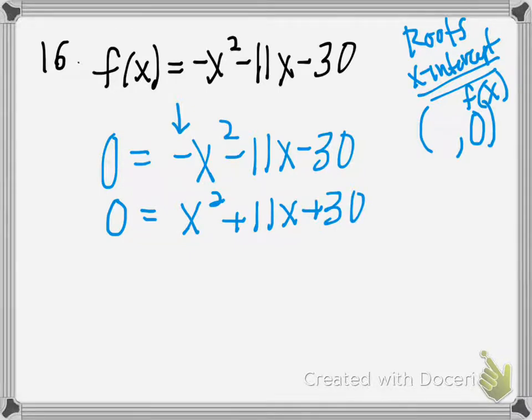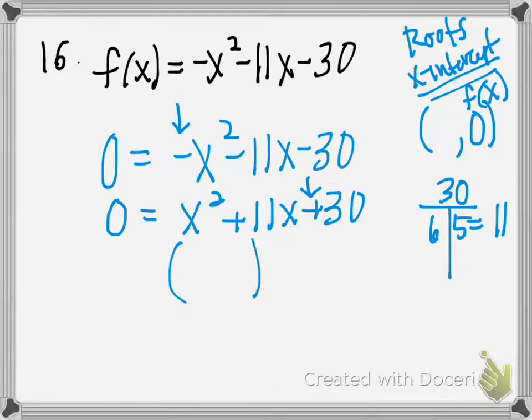We're going to use factoring method number 3 because there's 3 terms. So what multiplies to the last number and adds, because that's a plus sign, adds to 11. Well, 6 and 5 multiply to 30 and add to 11. I don't have to change any signs because 6 plus 5 is positive 11. So open up two parentheses, x squared splits as x times x, and then my two factors are plus 6